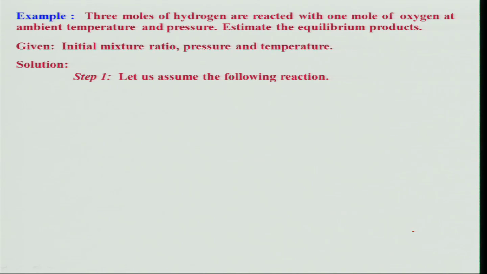Can I guess? It will definitely be water, oxygen will definitely be there, hydrogen may or may not be there, and O will be there, OH will be there, and several other things. But we will consider a few of them: hydrogen, oxygen, water, H, O and OH, though one can think of several other species. Keep in mind that the more species I take, the more equations I need to consider. So these species have been guessed.